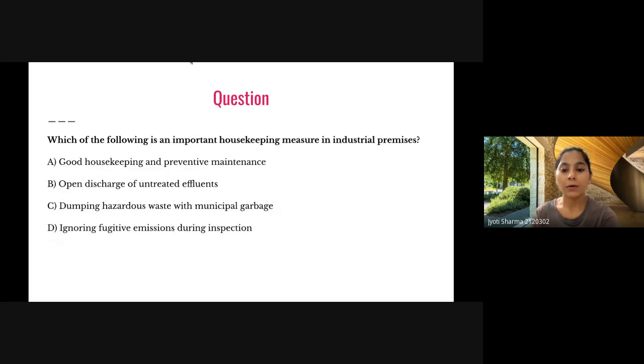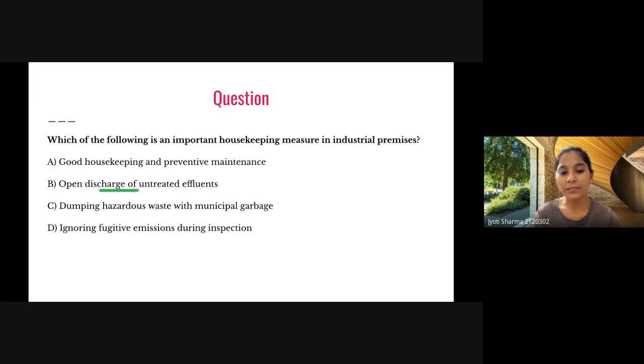Okay, now we are moving to some SOPs that we have to follow, what should be in industrial premises, right? Which of the following is an example housekeeping measure in industrial premises? Good housekeeping and preventive maintenance, open discharge of untreated effluent, dumping hazard waste with municipal garbage, ignoring fugitive emission during inspection. So again, yes, you people gave me answer A, and this one is the right answer, because